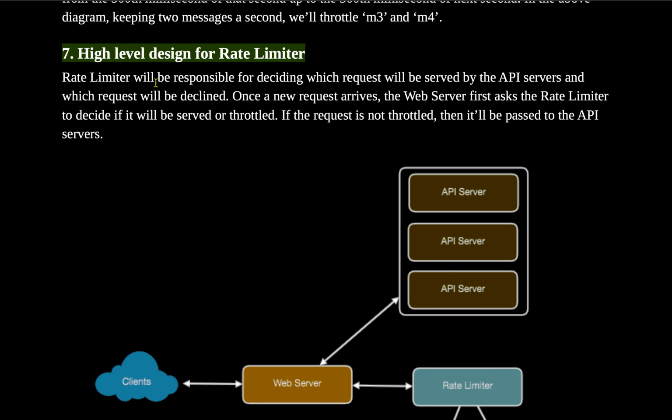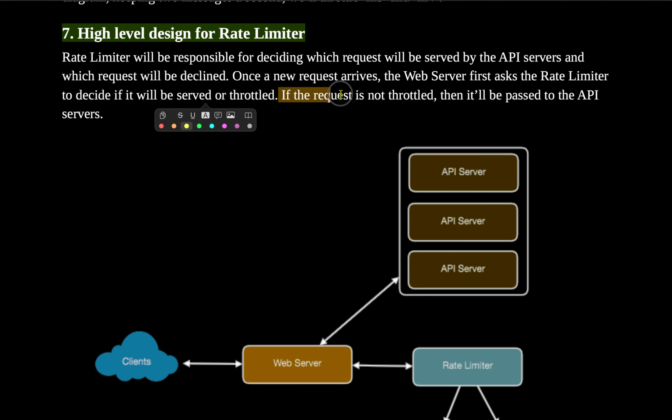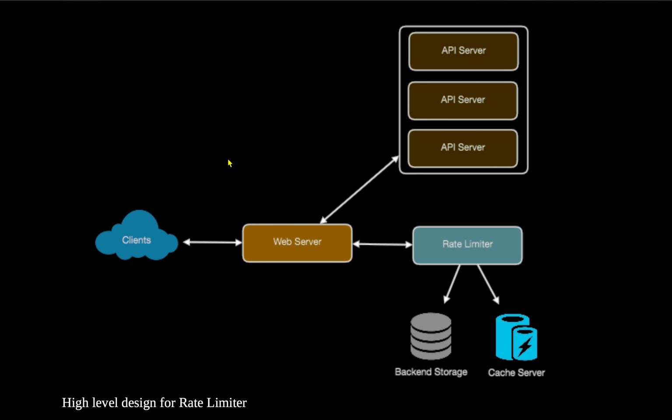A rate limiter will be responsible for deciding which request will be served by the API servers and which request will be declined. Once a new request arrives, the web server first asks the rate limiter to decide if it will be served or throttled, which is the first step. If the request is not throttled, then it will pass to an API server. So in this case,